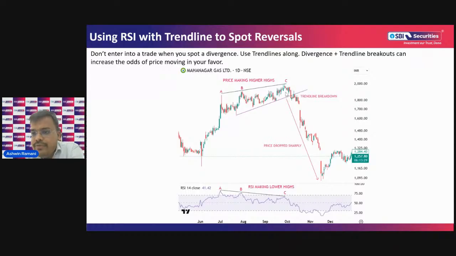Understood the concept of bullish divergence and bearish divergence, आप एक बार मुझे बता सकते हो चैट बॉक्स पे। So जो कॉन्सेप्ट हमें समझना था कि आरएसआई कैसे यूज करते हैं above 70 below 30, that is the basic part. Then we understood what is a bullish divergence and what is a bearish divergence. Then we understood कि वो बुलिश डाइवर्जेंस बेरिश डाइवर्जेंस का क्या मतलब है। Then we saw कि ट्रेंड लाइन के साथ हम लोग कैसे डाइवर्जेंस को ट्रेंड लाइन के साथ मिलके एक ट्रेड अपॉर्चुनिटी स्पॉट कर सकते हैं।